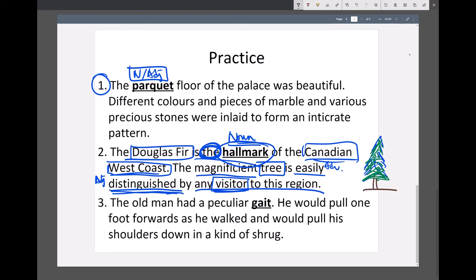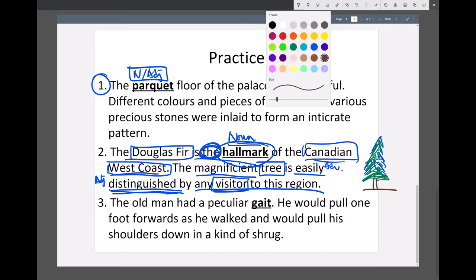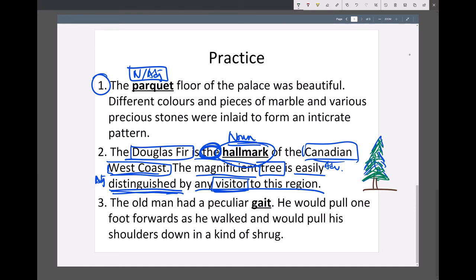And then it's so big and so magnificent that it's bigger than all the other trees. Maybe something like this. So then you'd have the magnificent Douglas fir that anyone who sees it will go, ah,